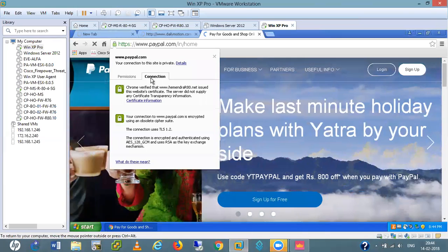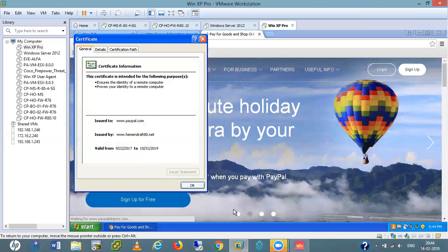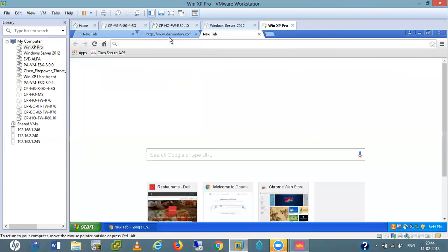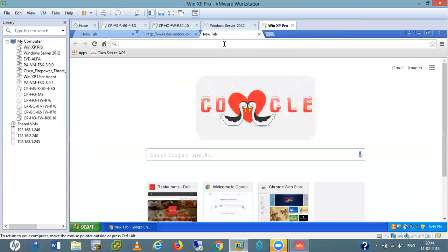What about PayPal here? Yes, it is also decrypting. Not an issue. Everything is decrypting now. But I wrote the rules for health, government websites and these banking services: do not decrypt.